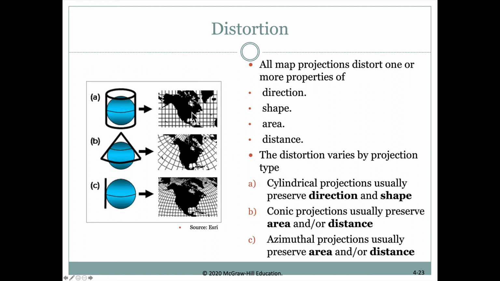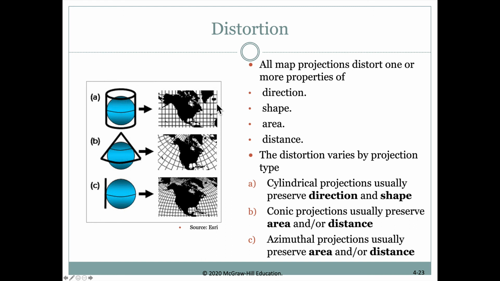So on this cylindrical projection, even though Greenland is much larger than it really is here, the shape of Greenland, all the inlets and outlets and that sort of thing, is pretty much what we would see on a globe. So there's no distortion in shape there. And of course, one of the nice things about this map is you can draw a straight line on this map, and it's going to be a line of constant bearing. You could just take a bearing with your compass and sail off in that direction,